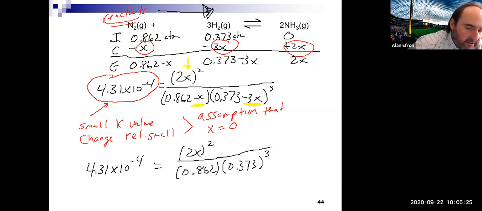So if we go to solve this, we want to basically clean up the stuff on the bottom right there. So we're going to take 0.373 and cube it. We're going to times it by 0.862. That gives you 0.0447. And then I'm going to multiply that to the other side. So 4.31 to the minus 4. And if you do all that math, again, clean up the bottom here and then multiply it to the other side, you get